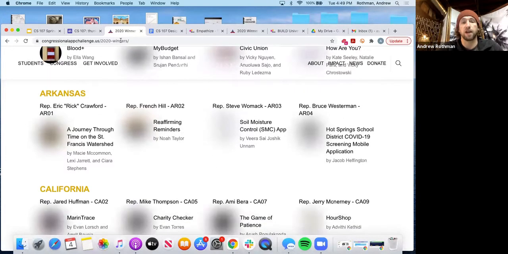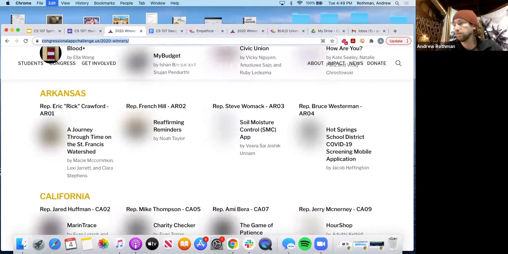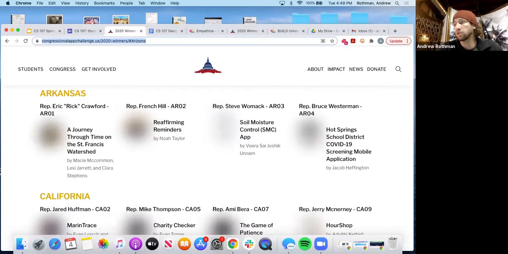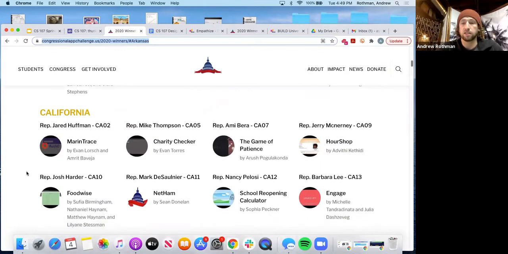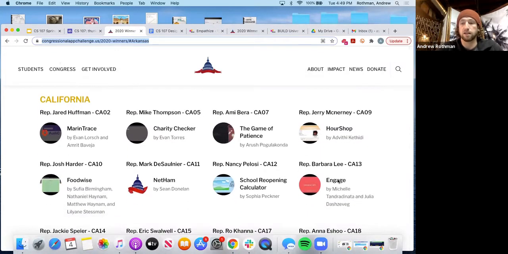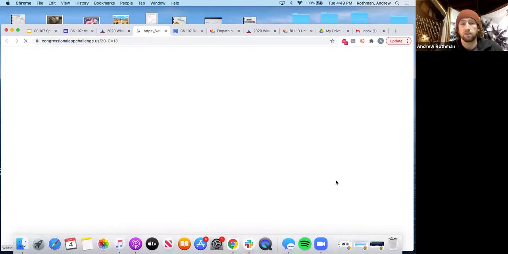I'll put this in the chat if you want to play with it yourself. But I'm going to take a couple minutes and show you a couple. When we find California here, so let's see, Barbara Lee, that's Oakland. So let's see what the kids in Oakland built for their app.